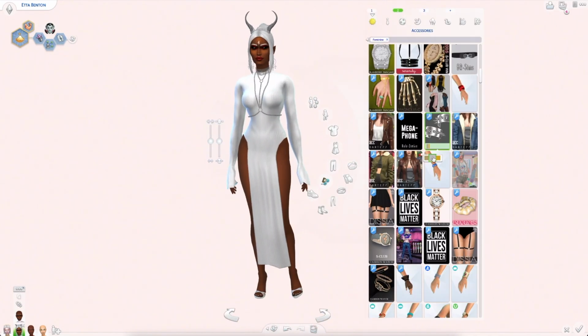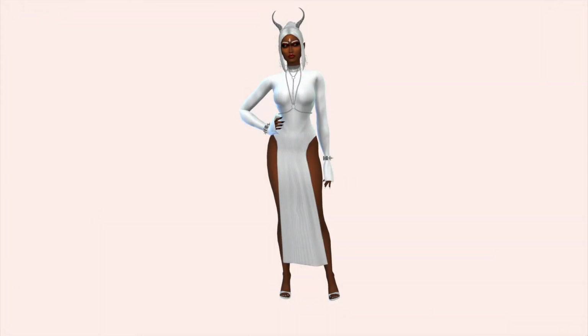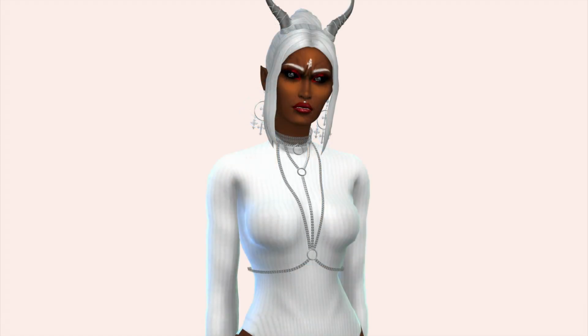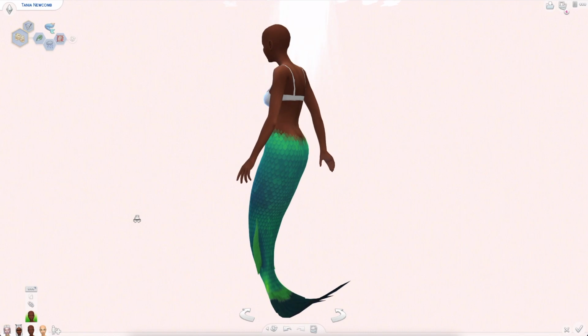I think she looks really great, and I've always wanted to use this choker body harness belt thing, but it doesn't often work with most outfits or body shapes, so I'm glad I got to use it in this video finally. The next sim is the Mermaid, and I think this is where